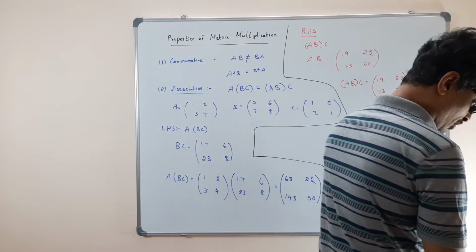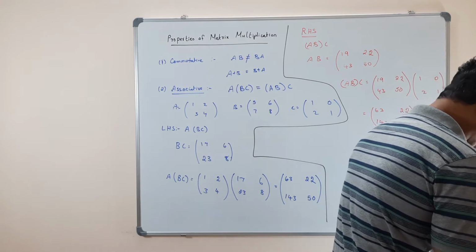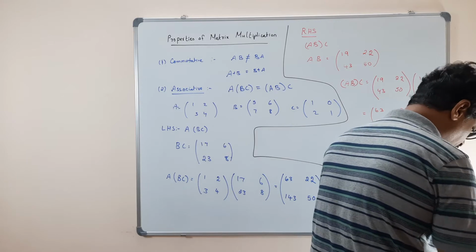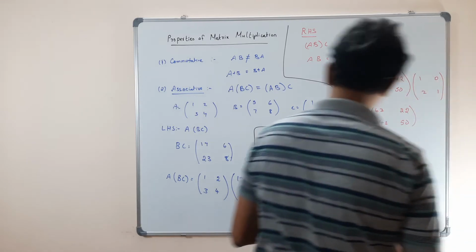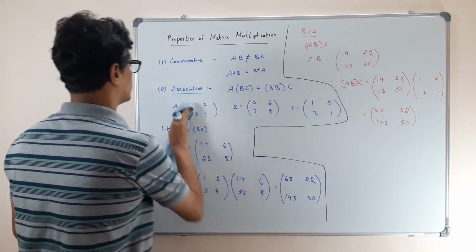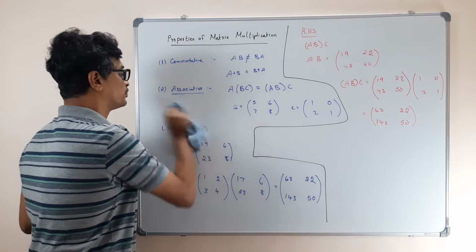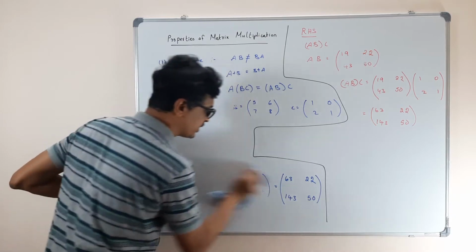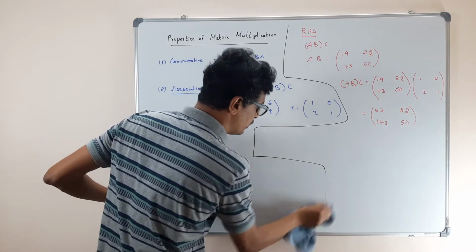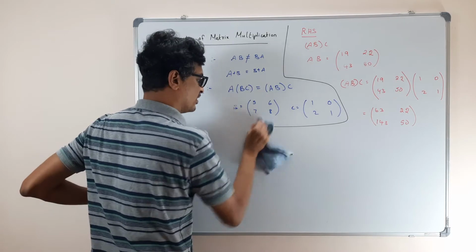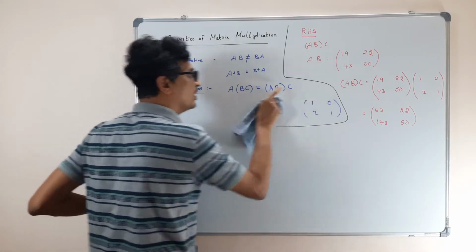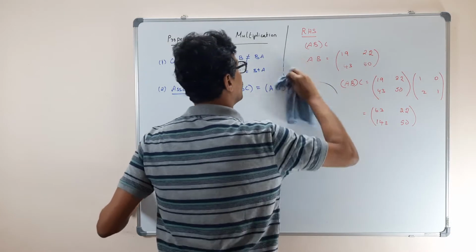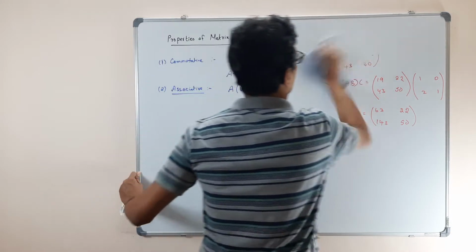And of course, addition also is associative. You can check it easily. Am I right? And then next one I have given is distributive over addition. That is interesting. Distributive is when you have a combination of addition and multiplication. Okay, so we can check it easily. We will check that one also.